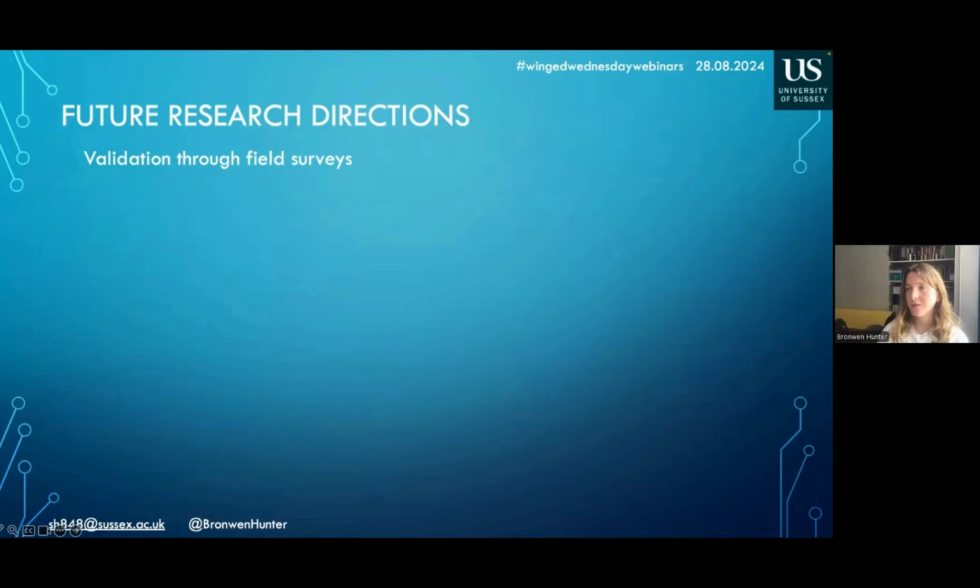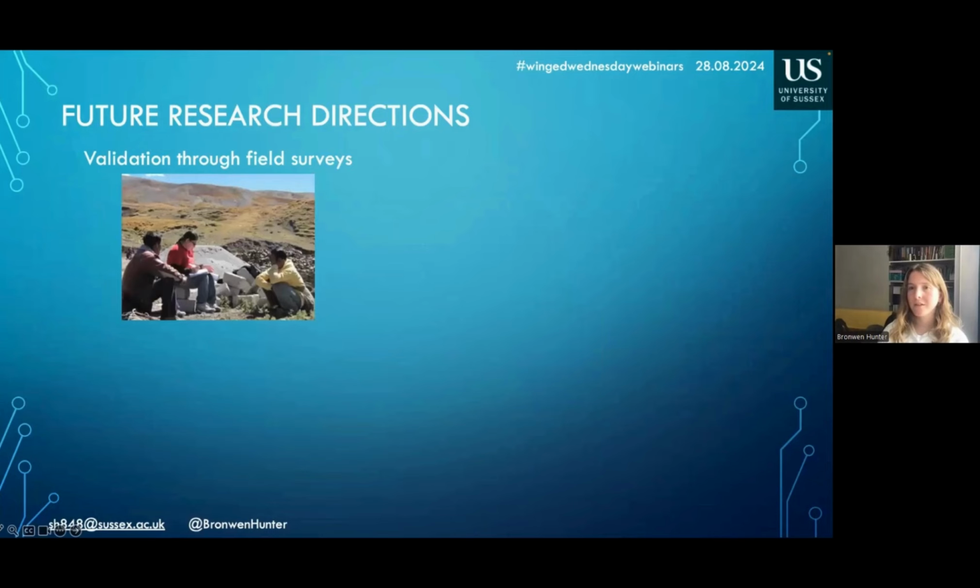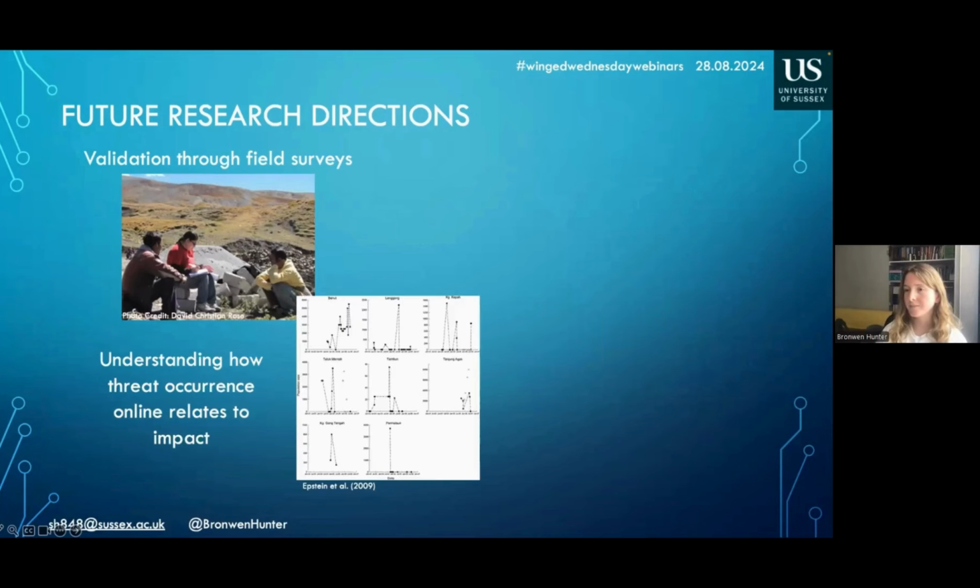So what are the future research directions? We definitely need to do validation through field surveys. The online analyses are definitely a first step. They indicate places where we may need to collect more data, so they're a prioritization tool in essence, but they aren't able to tell us about the sustainability of wildlife harvests, and we really need to validate our models with field surveys. And also, as I mentioned, we have these spurious temporal peaks in online content, but what we do need to understand is how those actually relate to impact or